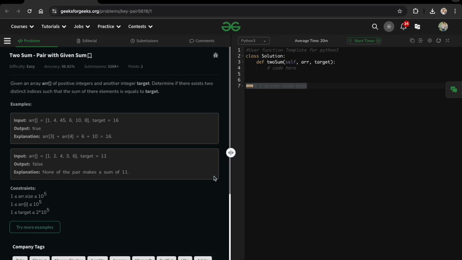Today we will be solving a GFG problem of the day. The problem name is Two Sum, pair with given sum. In this problem statement, we are given an array of positive integers and another integer target. We have to determine if there exist two distinct indices such that the sum of their elements is equal to